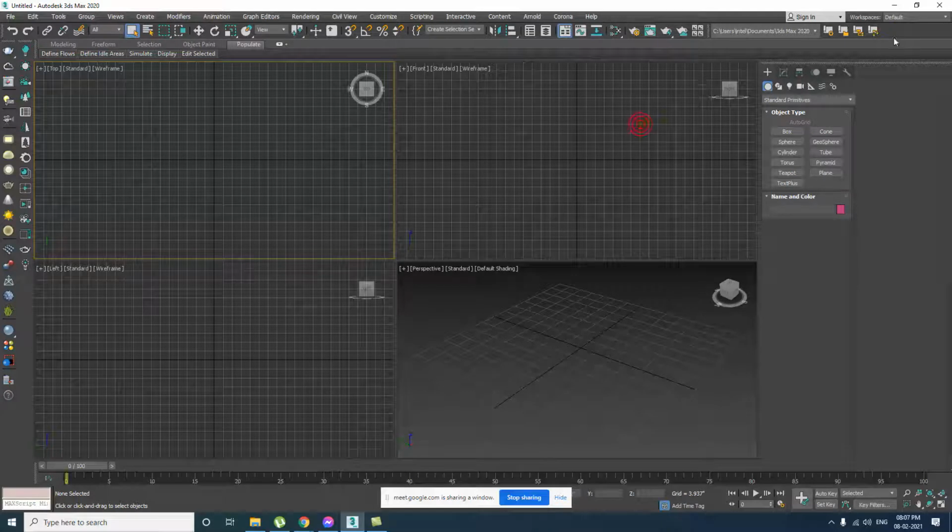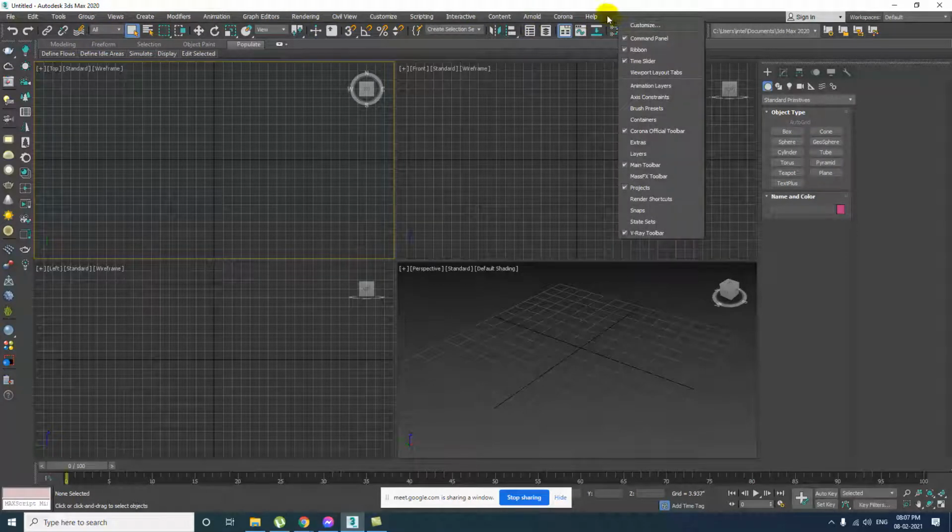Let me tell you how we can access. Sometimes what happens is this will not appear or this will get unchecked. So you just have to right click over here on the top where there is blank space. Right click, yes, and here you will see the command panel over the right. I will tell you one by one. Let's see about the